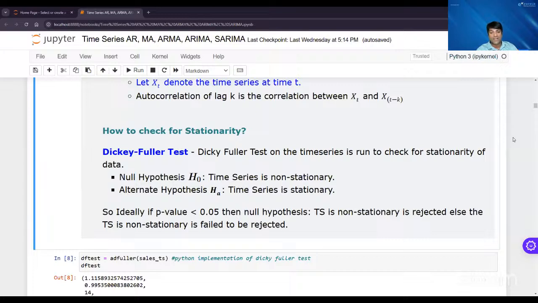So we check the data, we plot it, we apply the analysis and the Dickey-Fuller test, and we are going to check whether our p-value is less than the alpha value. So 0.05 is called the alpha value, which is called the rejection region, right? And the p-value is nothing but the probability value. So if our probability value is lesser,